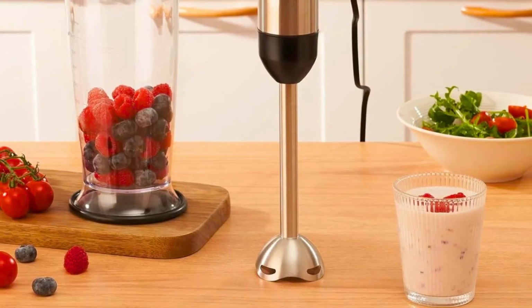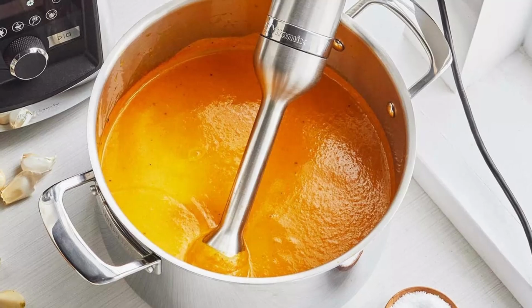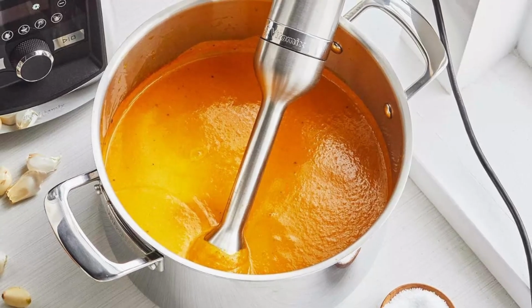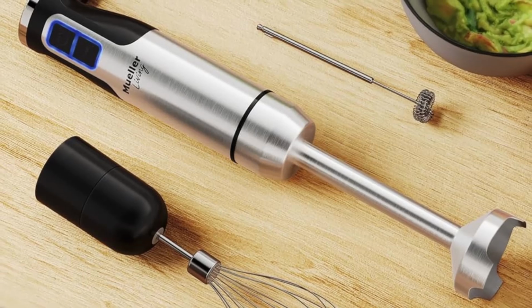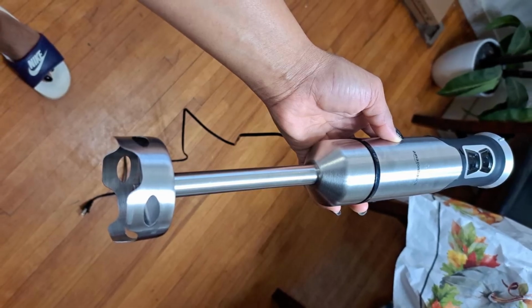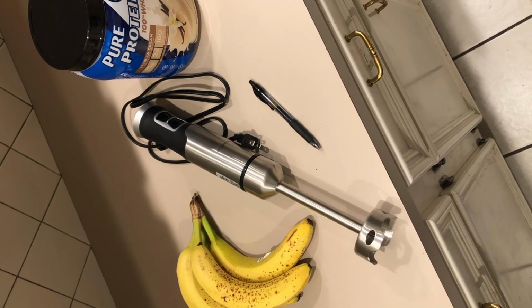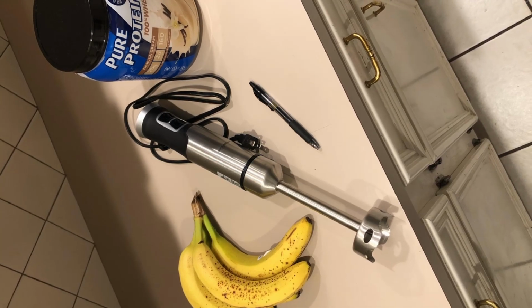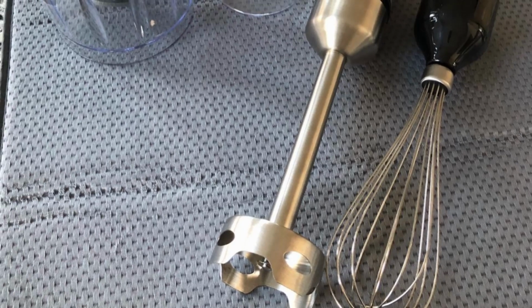The Amazon Basics immersion hand blender is designed with the modern kitchen in mind. Its sleek silver finish and ergonomic design make it both aesthetically pleasing and comfortable to use. The silicone non-slip grip ensures that you have full control during operation, reducing the risk of accidents and spills. This is particularly important when working with hot liquids, as the secure grip minimizes the chance of splattering and makes